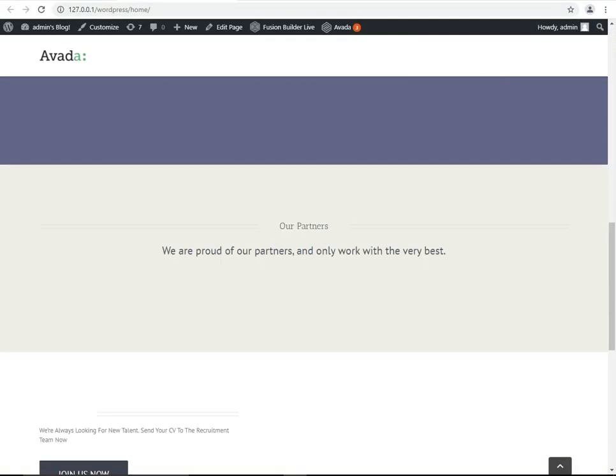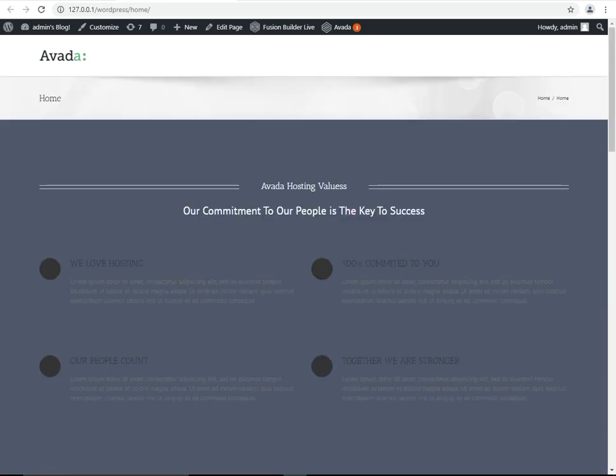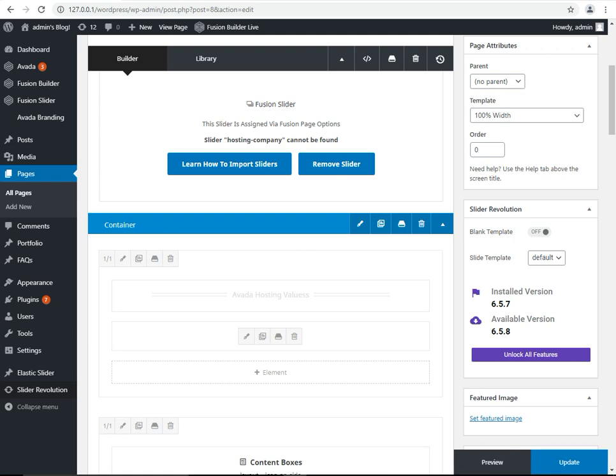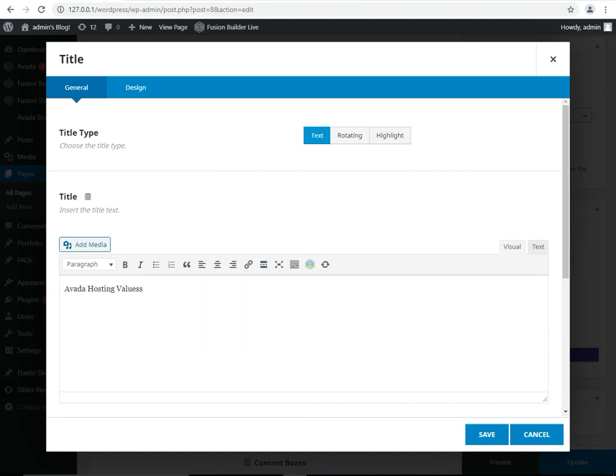This page we can set. After a few changes we can adjust different settings according to our company. Like we are going to edit this. You can change the title, the title type, rotation, highlight, text.